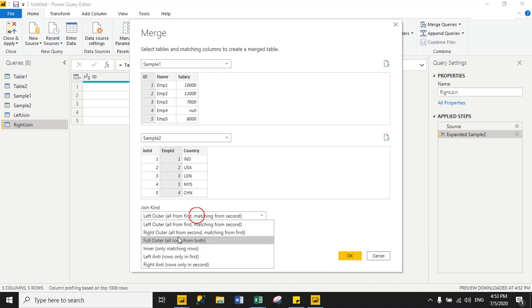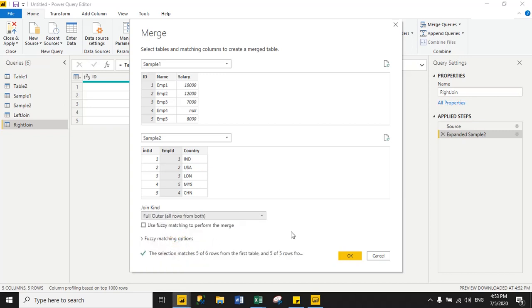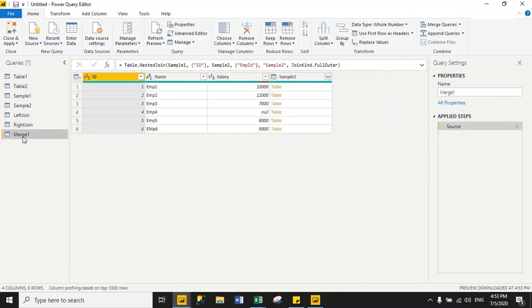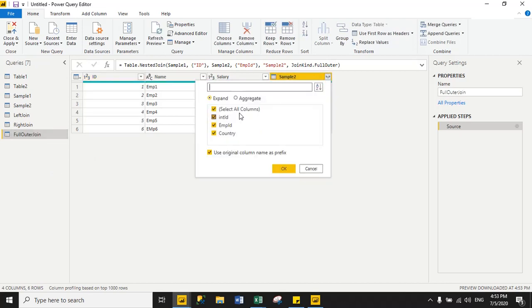Then we will select full outer, and click OK, and change the dataset name to full outer join. Then click on the sample2 table icon, and I want only employee ID and country name from the sample2 table. Then click OK.